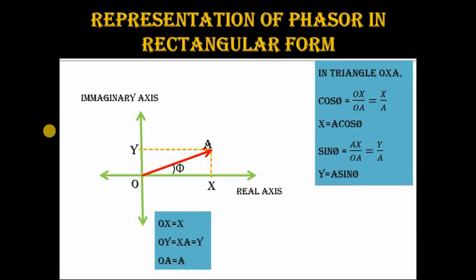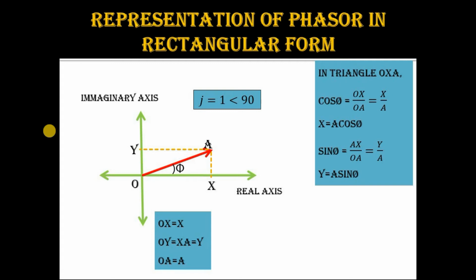Now, can you add this x-axis and y-axis component together? No, we can't, because the x-axis component is along the real axis, the y-axis component is along the imaginary axis. There is a phase shift of 90 degrees. So in order to denote a phase shift of 90 degrees, we use an operator called J. Operator J is 1 angle 90. If you multiply anything by J, the magnitude will be multiplied by 1 and the angle will be shifted by 90.